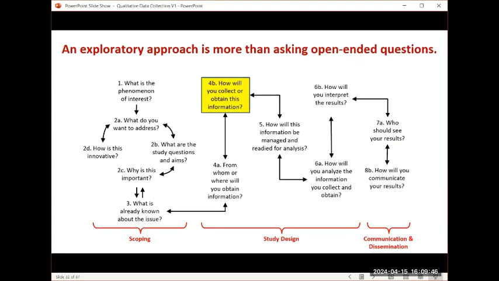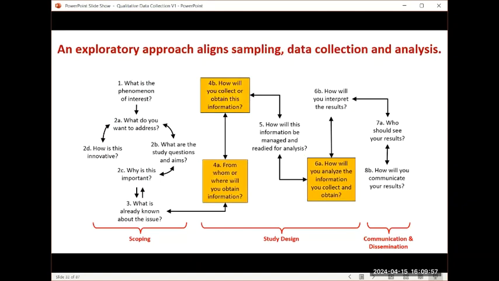So the last piece is going back to this big grid. We started off talking about data collection, but data collection is really a mix of these three pieces. This is the triangle. The exploratory approach actually combines data collection with the appropriate sample. Are you talking to the right people? Do they have the right eyeballs? And how are you going to analyze this? If you get this triangle right, that's your combination. That's your Legos that you're building. It really is this combination. So you don't want to separate off one set of techniques from another. They all blend together.